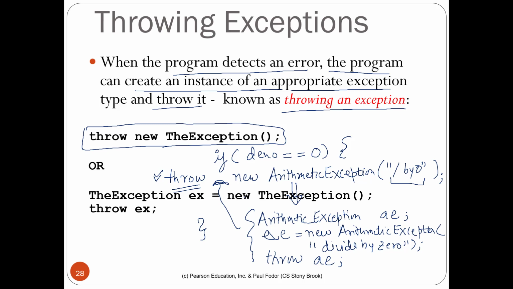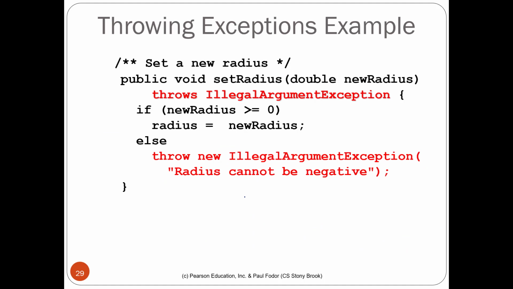The important thing is that you should know what is throwing an exception and how to throw an exception. There are multiple ways of doing it. You can do that in one single line the way we have here, or you might split that in multiple lines. So as an example, assume that you have written an exception, you have modified your circle program with